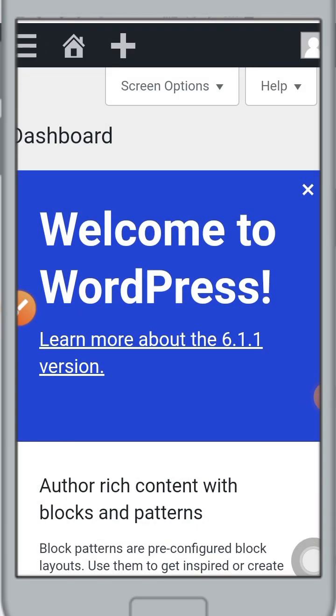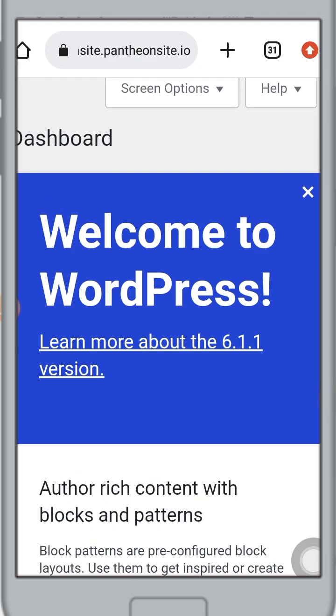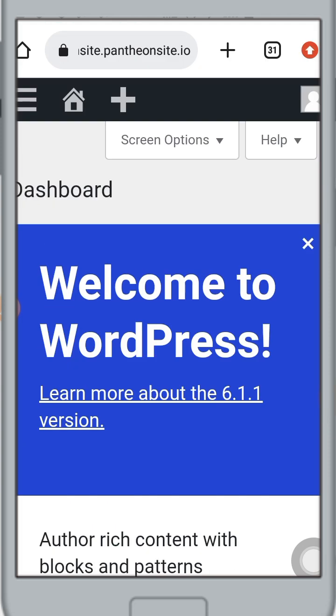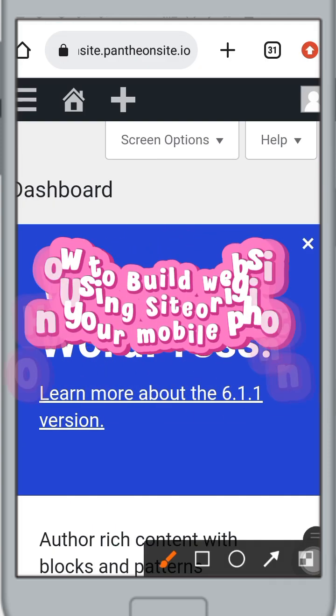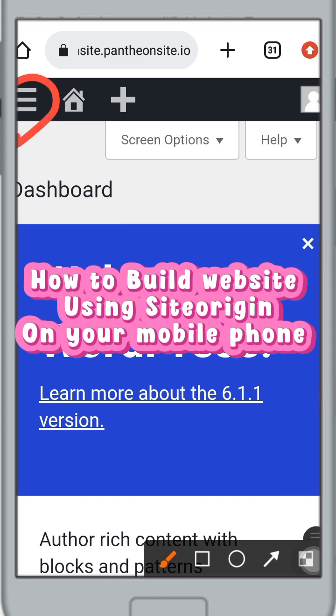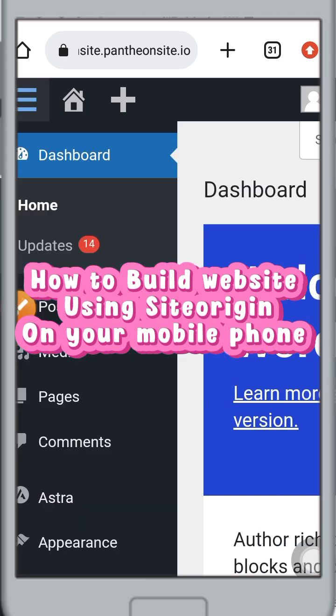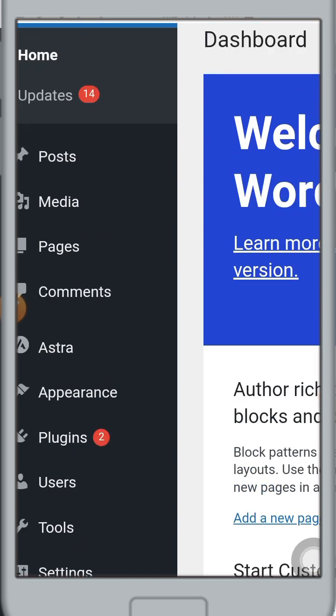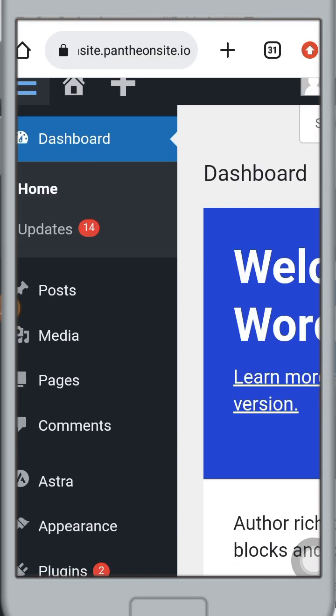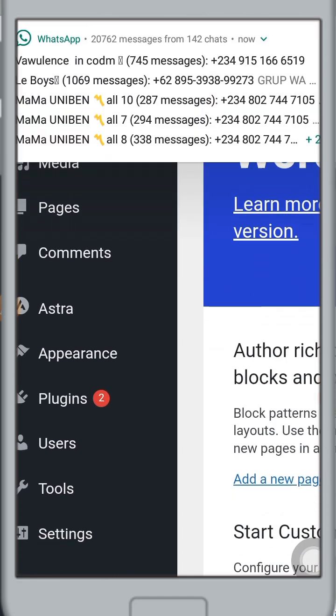Hello everyone, welcome back to this tutorial. So these are our dashboards. As usual, we need to click on these three dots to open up our menu. So I'm going to click on that now. What we need to do now is, first of all, we have already set up our site. We have created pages in our previous classes. So now what we're going to do is to